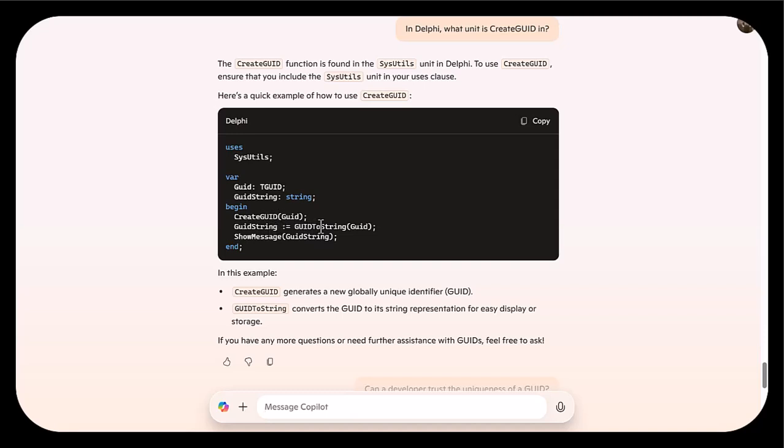And then GUIDToString: GUID string is assigned GUIDToString(GUID). And then finally, ShowMessage(GUID string). And that's a globally unique